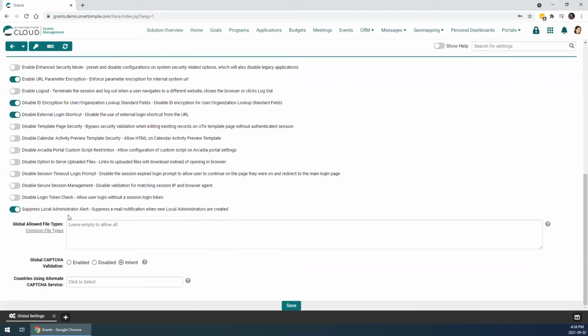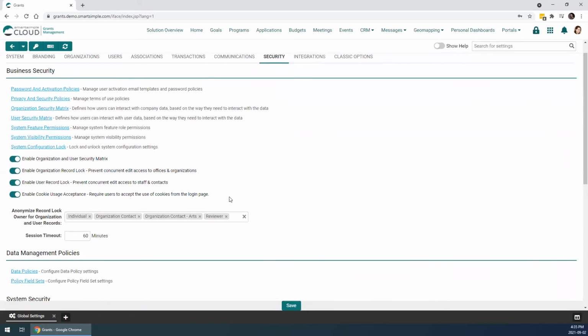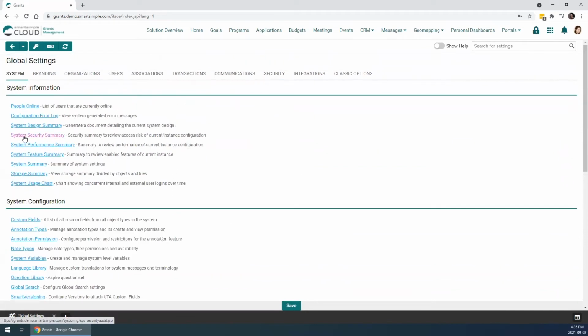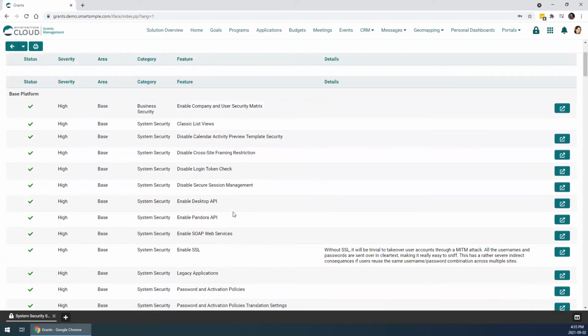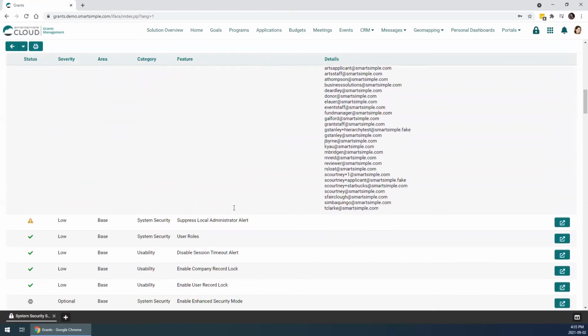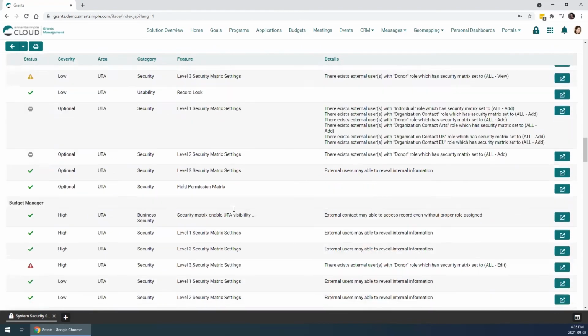All of these are recommendations. Generally, it's best to try to resolve any high severity items. And if for maybe process reasons you don't, I do recommend documenting that with our support team as well, so it's a known option. And then with that as well, we can scroll down and identify any items that might